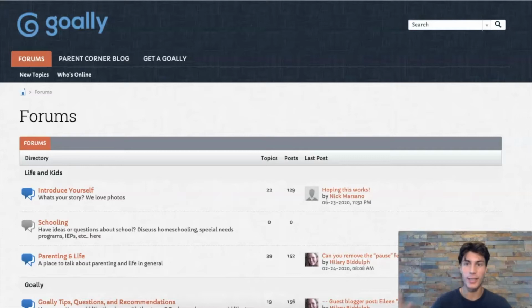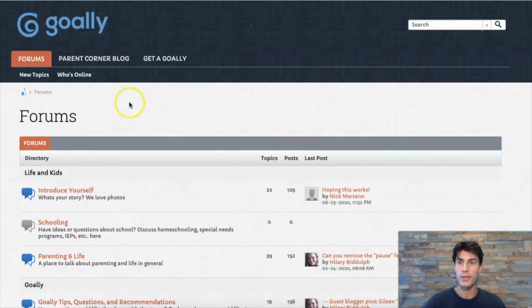But anyways, let's get into it. I want to walk you through the process of Medicaid waivers, and today we're going to be focusing on the state of Alabama. So where am I right now, first of all? To get to this webpage where the tutorial is going to start, you need to go to forum.goalie.co. And you'll get to our forum page that has a lot of different information, and specifically information about Medicaid